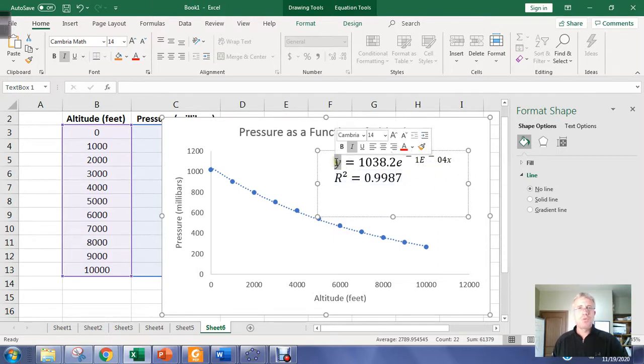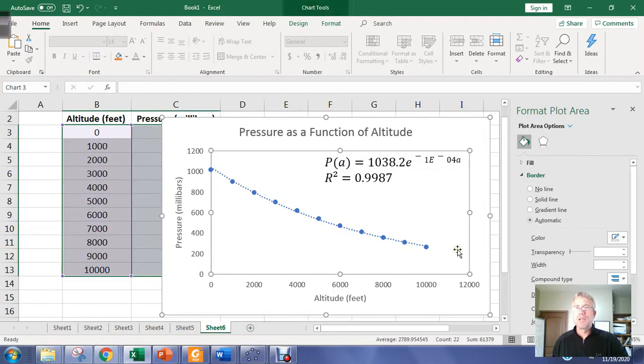And now I need variable names that make sense. So I'm not going to use y. Y doesn't make any sense in the context of this data. The outputs are pressures, and pressures as a function of altitudes or elevations. So this x over here, I'm going to want to change that x to an a for altitude. And then I need to figure out, what do I do about this